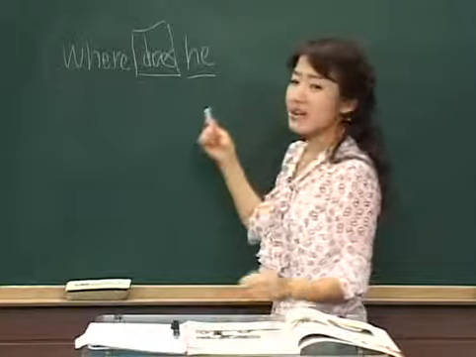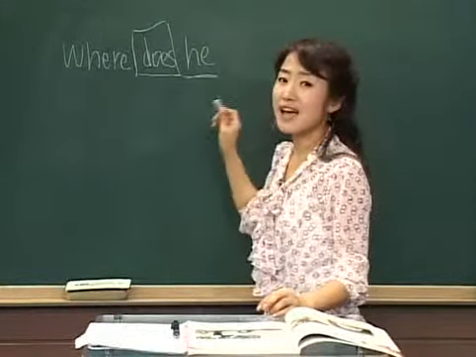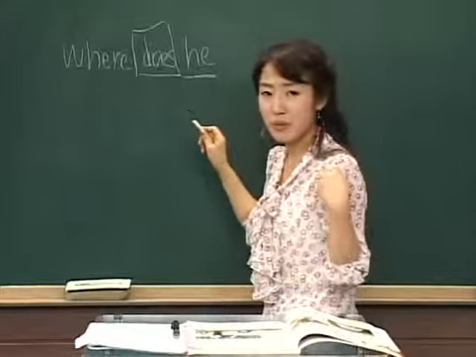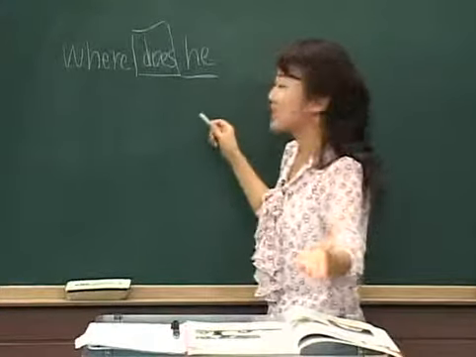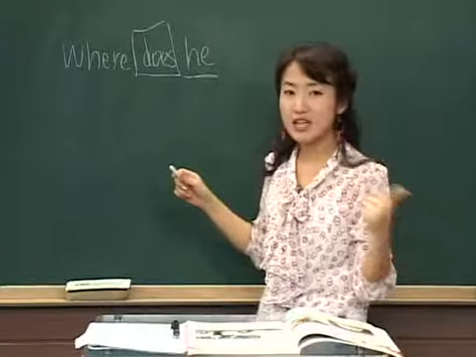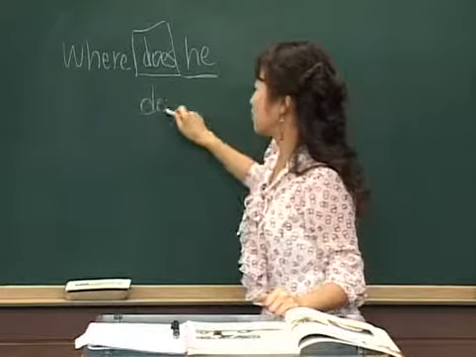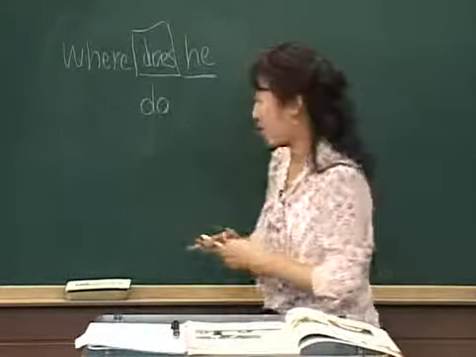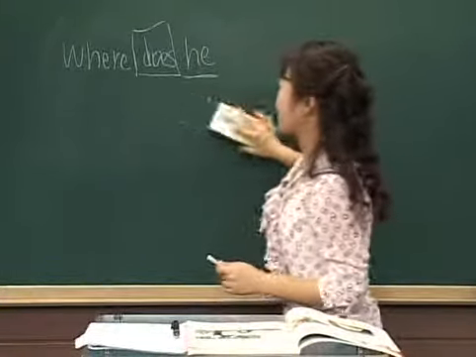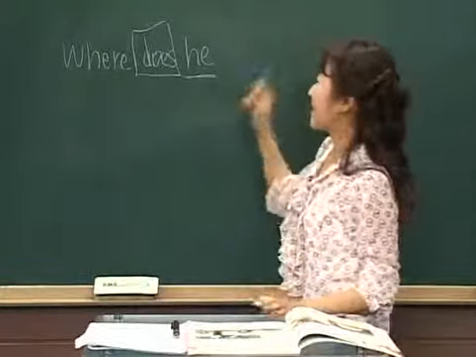We're going to learn later that if the subject is first person or second person, 1인칭이나 2인칭이면, it requires do. But for now, we're going to deal with only the third person singular. Fair enough? Good. Where does he